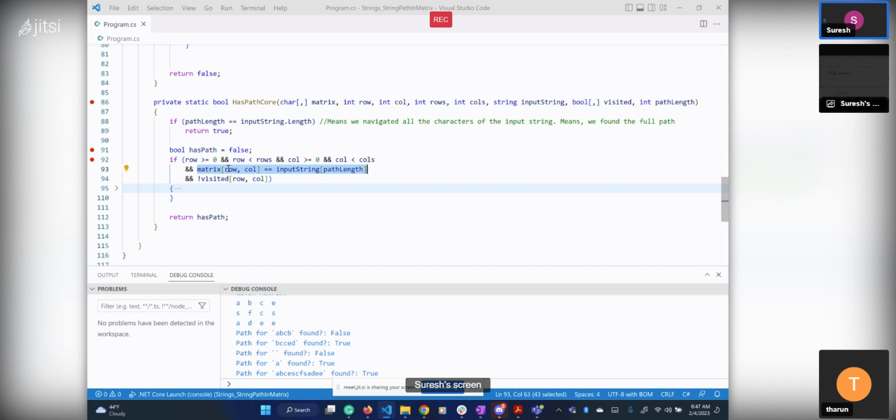You want to find F, and at that particular location the character in the matrix is F. If both are matching, then look at the next one. The other part is that the particular row and column should be unvisited, which means it should be false. If it is already visited, if it is true, you don't want to take it. So this is all the conditions. You should be at the right boundary, rows and columns in the right position, and the character in that matrix matches the